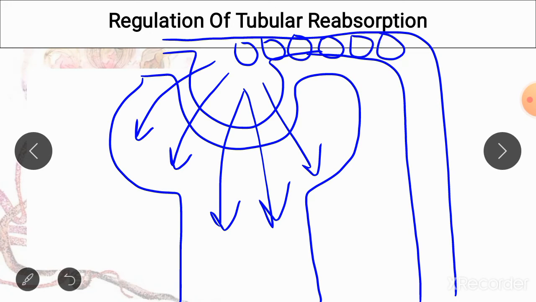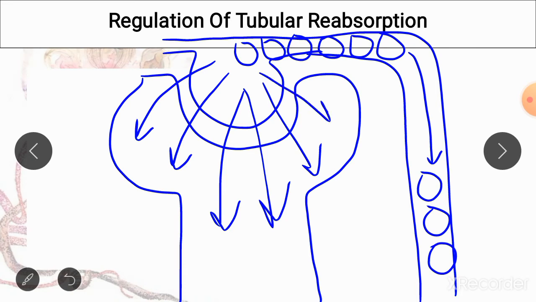Okay, whenever filtration is greater than normal at the glomerulus, a lot of fluid goes out into the Bowman's capsule, and proteins cannot leave the glomerular capillaries, and the proteins which are left behind are in greater concentration than normal. And as you know that the efferent arterioles form the peritubular capillaries, so when this blood reaches the peritubular capillaries, it is going to be very rich in plasma proteins and very poor in fluid, because fluid was filtered because of increased glomerular filtration rate.